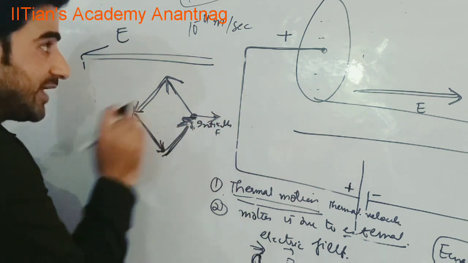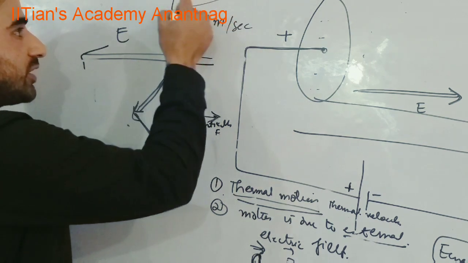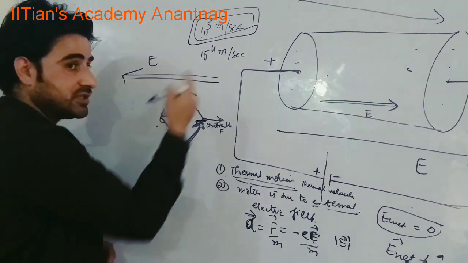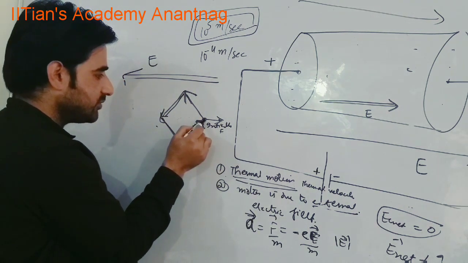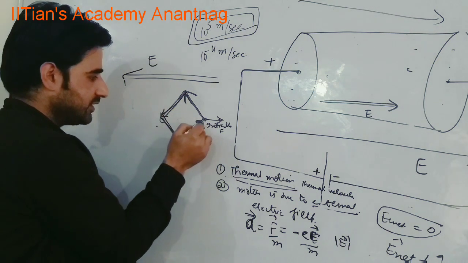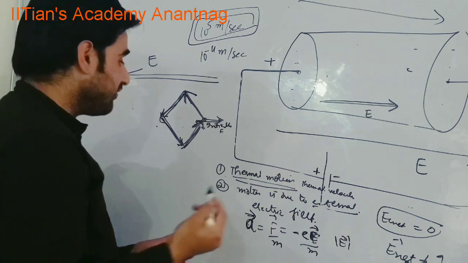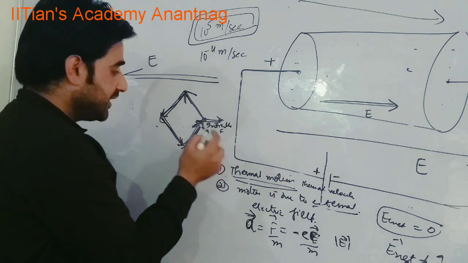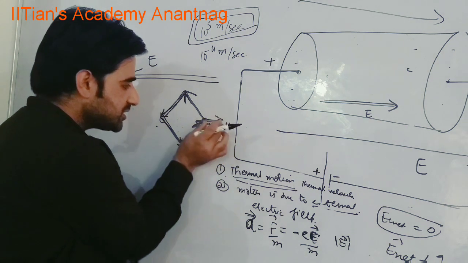Here we can explain one very important thing. Average speed was of the order of 10 raised to power 5 meter per second, because average speed depends upon distance. You can see the electron has started from this point. If I calculate this, then this, then this, that will give me that distance. This is very large. For average velocity, I need to calculate displacement. This is initial position, this is final position. Displacement is very, very small.